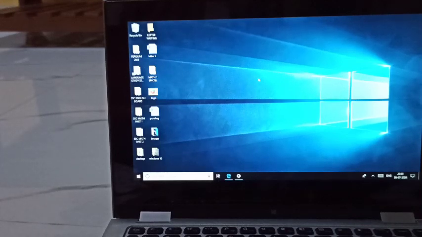And how to change the window theme, right? So just go through the video, go through your textbook, check your page number and see this video properly. So all your doubts will get cleared.